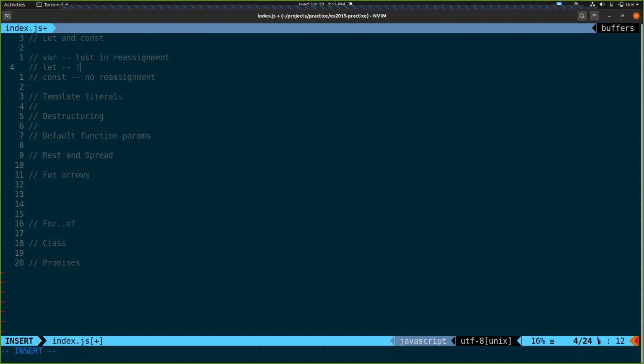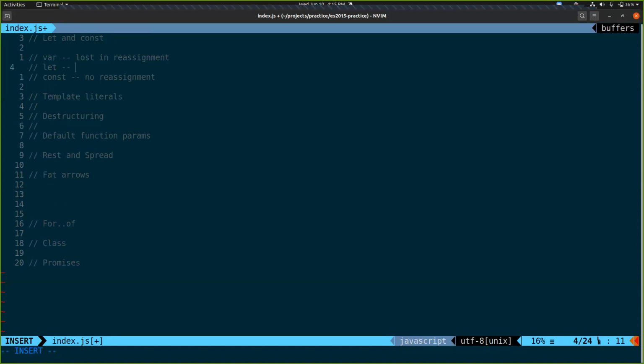There's one difference between var and let. If you try to redeclare let, it gives you a warning of some kind. It's even simpler than that. Another hint, it shares it with const.